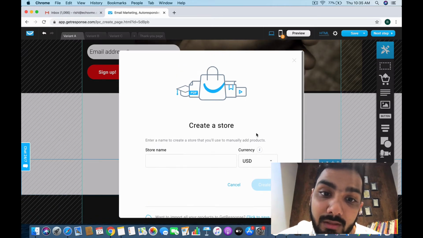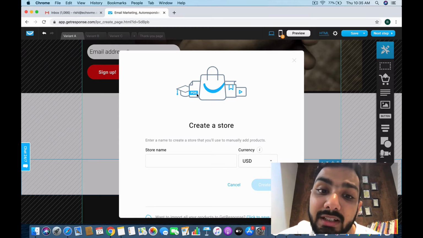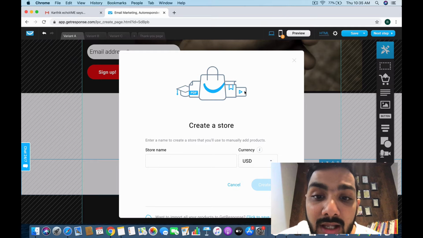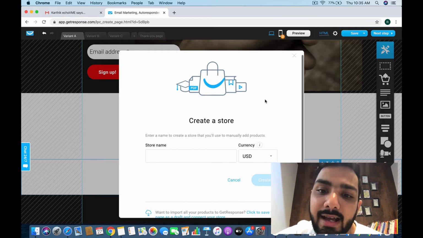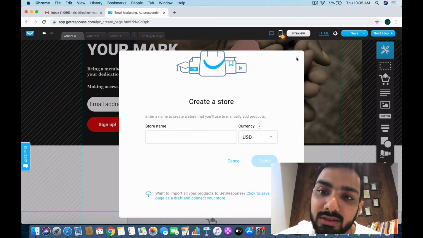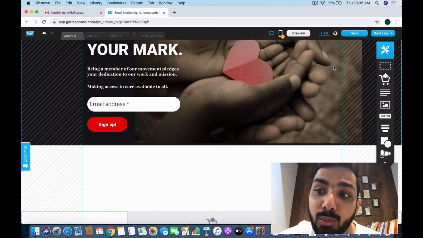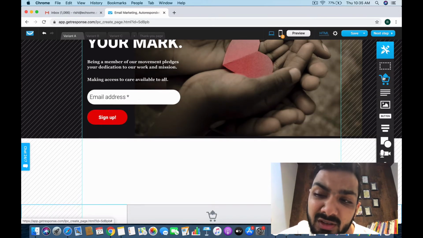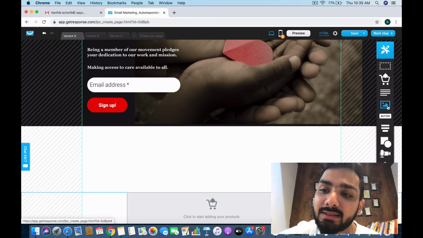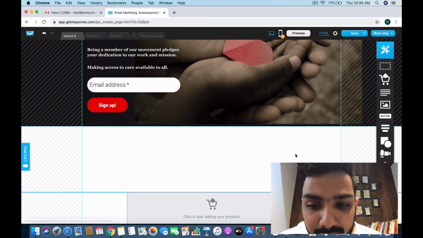This is such a powerful tool. And that is not it. You can create a shopping cart, you can create a PDF file, you can create an online course, whatnot. Okay, it acts like an LMS in itself. So this is so powerful, and I leave it up to you how you want to play around with this particular aspect. But I'm just going to cover the basics, which is the heart of the landing page.